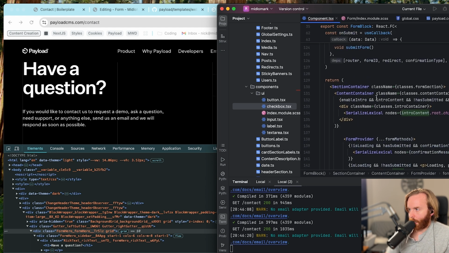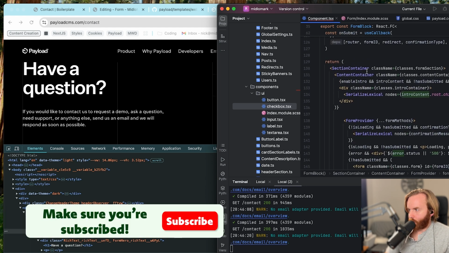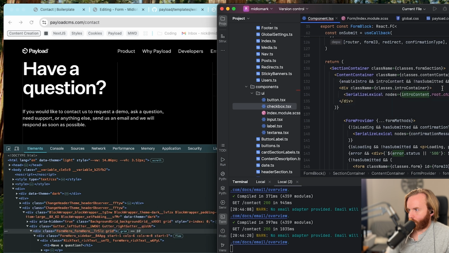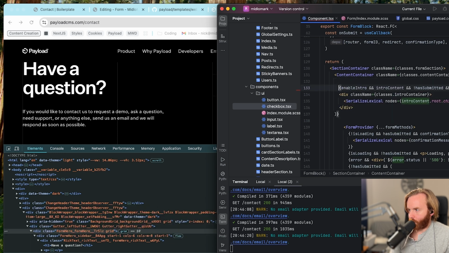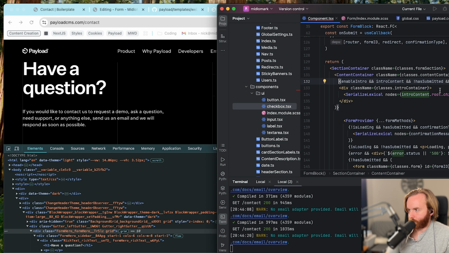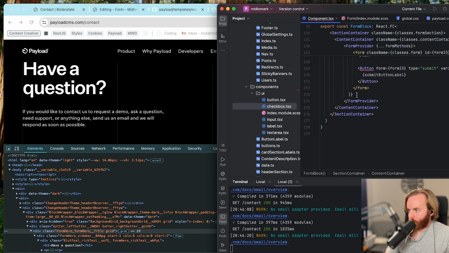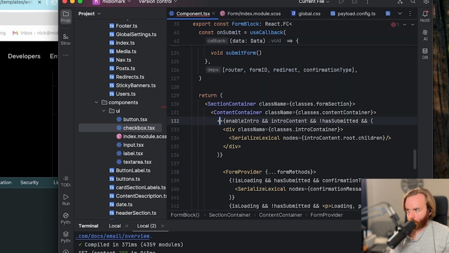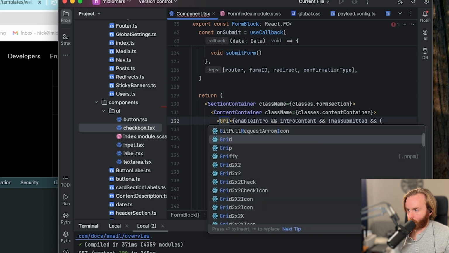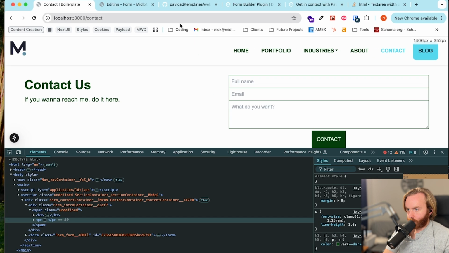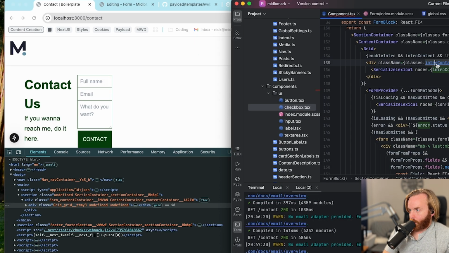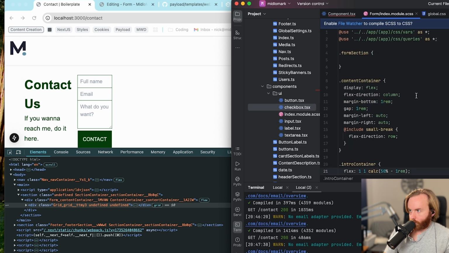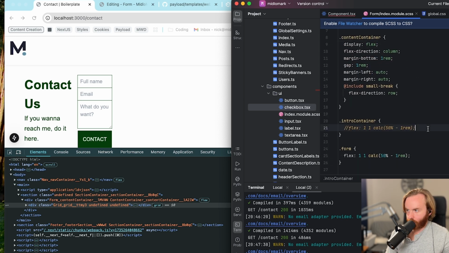So let's do, we'll still do the content container. And then as part of that, through here, we can add our own grid. Okay, and then that means we need to change a few things. So we have here our intro container, which instead of this flex, and I don't know what that's going to look like quite yet, but